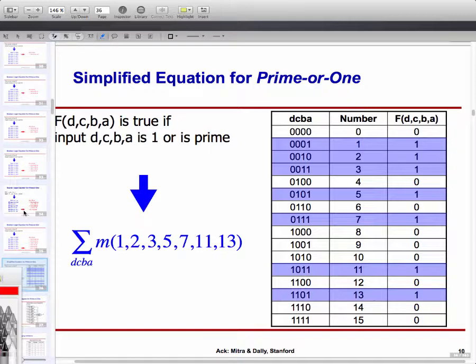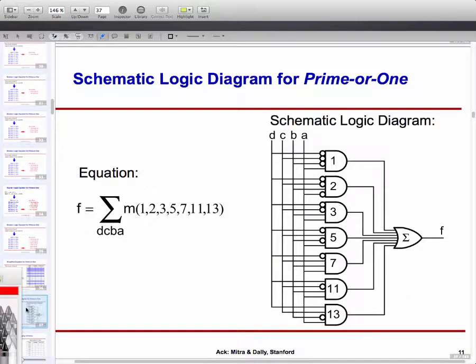We do a sigma m 1, 2, 3, 5, 7, 11, 13, which is another way of saying m of 1 plus m of 2 plus m of 3, and so on and so forth. So an implementation is pretty easy. The crucial thing is, could we do something better than that? But given this implementation, I can always implement it using gates. Next time around, what we'll see is how can we do a more optimum